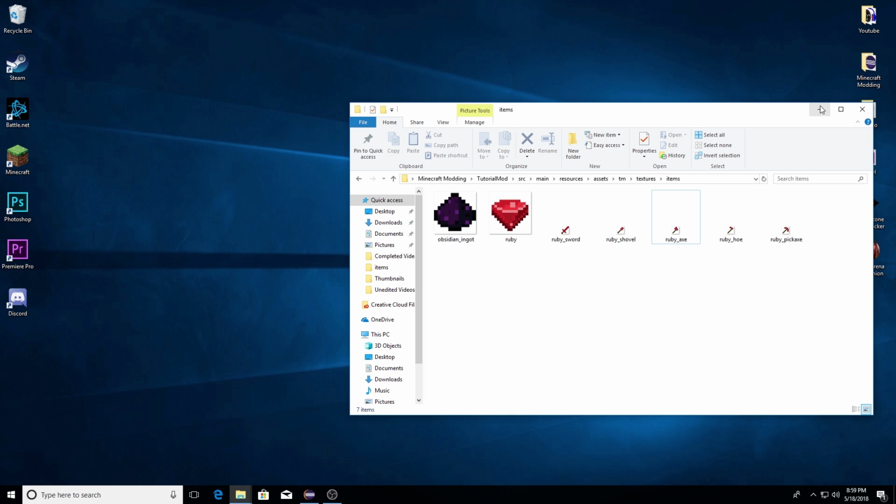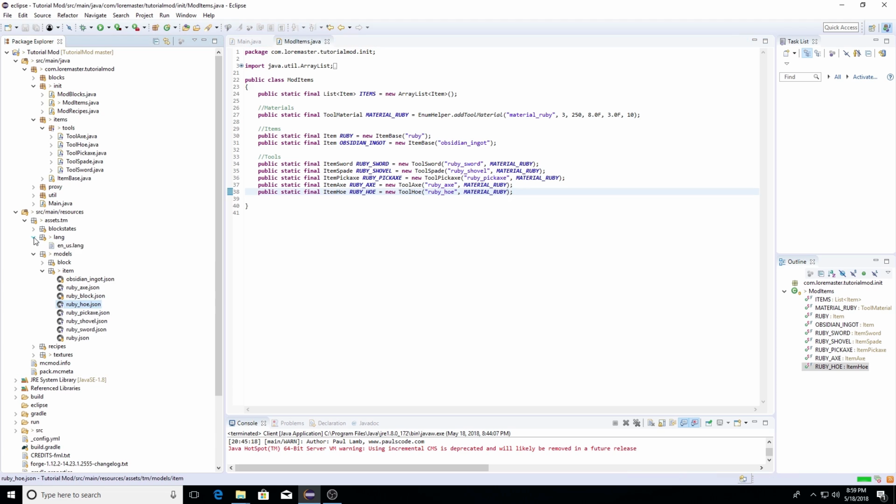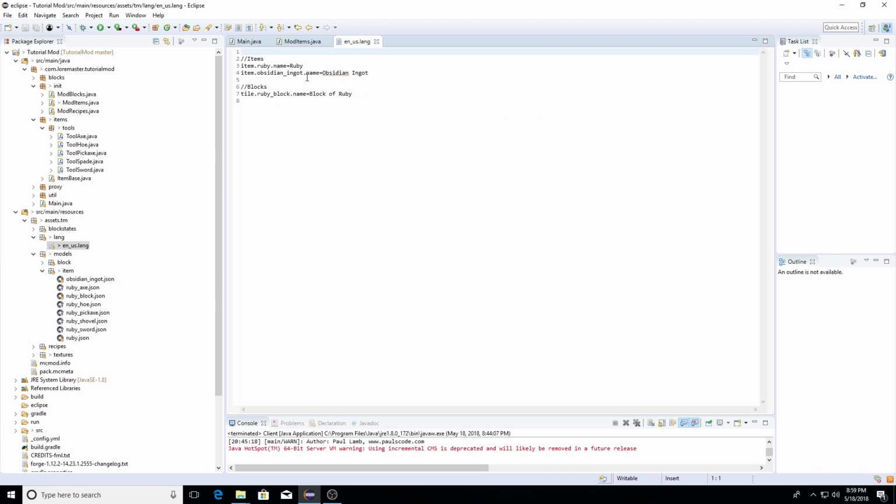And we can actually launch the game. But before we do that, one last thing, we're going to give them names. I said I was going to do this at the end, so go over to your assets and your resources, go to lang, and double click the en_us.lang. We have our block section here, and we have our item section. Just make a couple spaces, do a // and this is going to be tools, and we're going to go through all